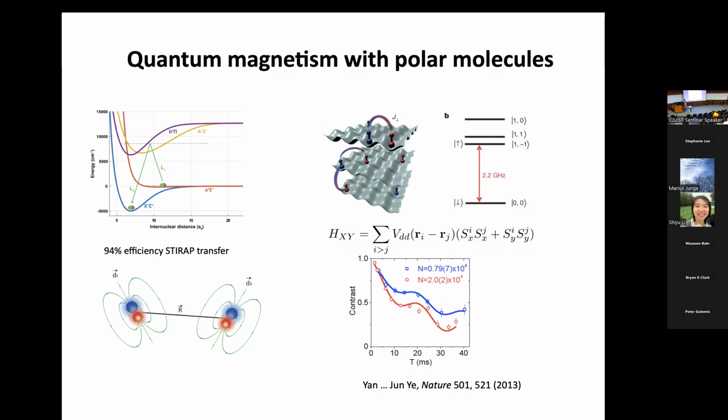So all of them are now in X, and you're asking what is going to happen under this XY model. If you have a quantum XY model, you don't have the ground state when you're pointing along X. So what you get is basically out of equilibrium dynamics. And if you look at the contrast in the system, it will decay. And that is indeed what was studied in this experiment.